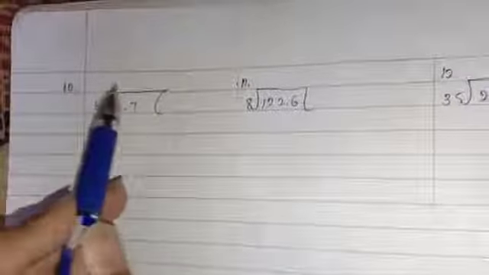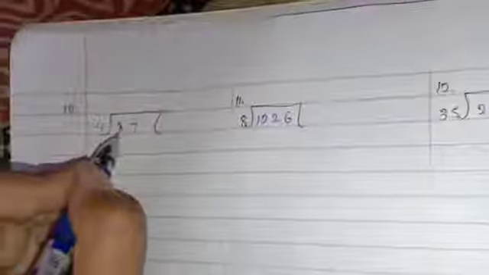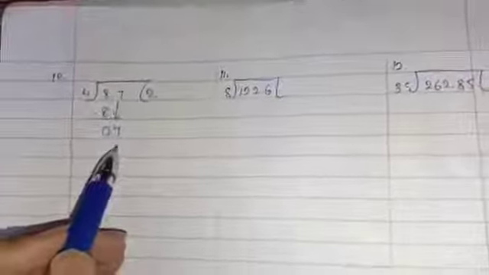Now we will do number 10. 8.7 should be divided by 4. So what should we do first of all here? In the 4 table, 8 comes, yes. 4 2s are 8. So I'll take it and here 0 will come. Now I have to take this 7 down. Now here 7 is not coming in the 4 table. So what should I do? I will take 1 only. So here first I'll put the decimal. 4 1s are 4. What is left now? 7 minus 4 gives me 3. Okay. Now here 3 is a remainder.